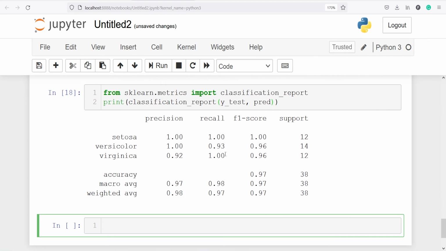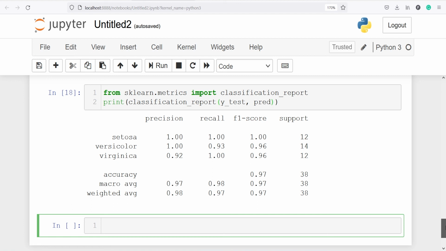Here you can see we got results such as precision, recall, F1 score, support, and we got all for these categories such as Setosa, Versicolor, Virginica. So we have a score of 1 for Setosa, recall also we have 1, F1 score is also 1. For Versicolor we have 93%, F1 score is 96, and so on.